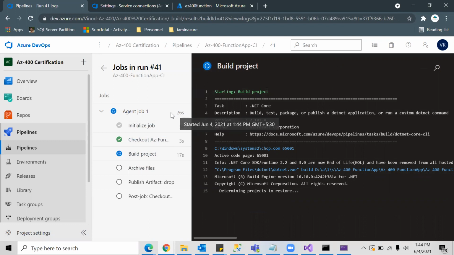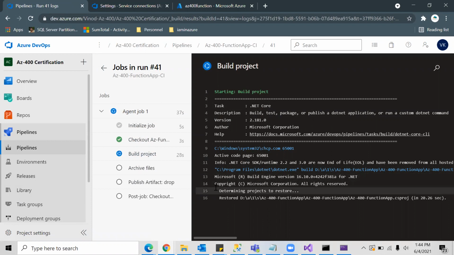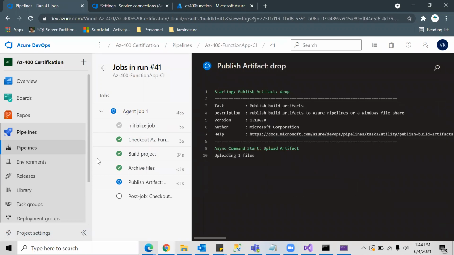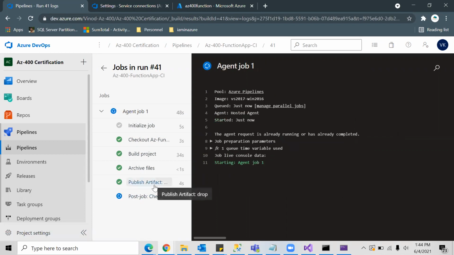Once this is done, we can start the release pipeline manually as well. They started restoring the packages. Okay, the build is done and the archive folder is done. Now publishing is in process.